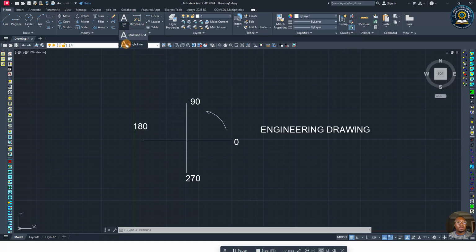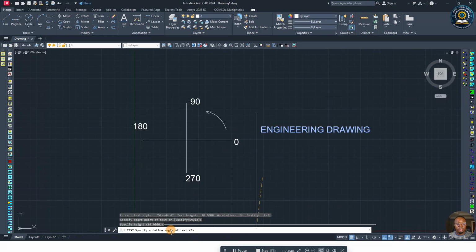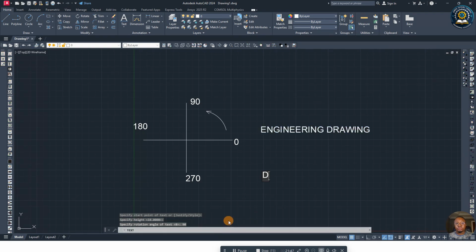Click on text, single line text. This is our starting point. Our height is still 10, and to specify the rotation angle of the text, we are going to type in 90, and then we will type our text,